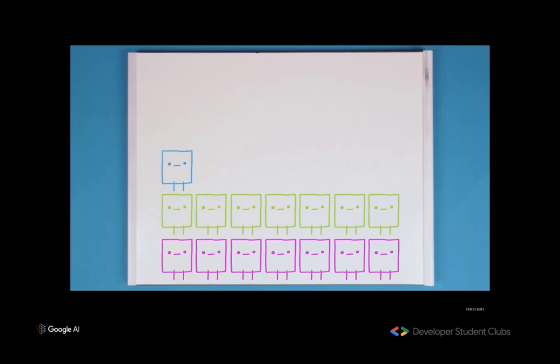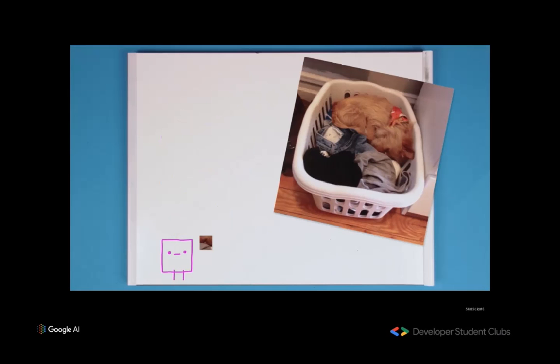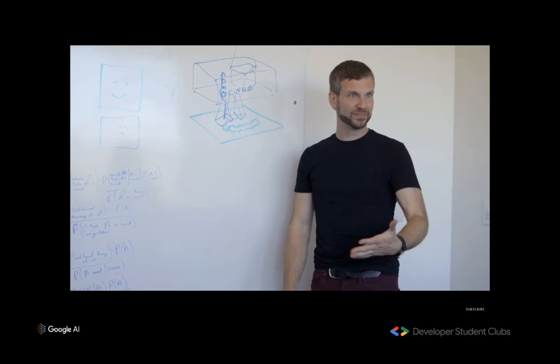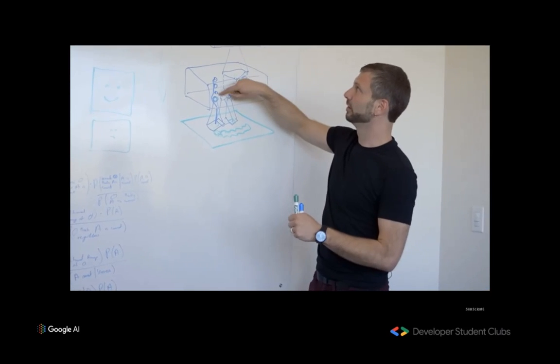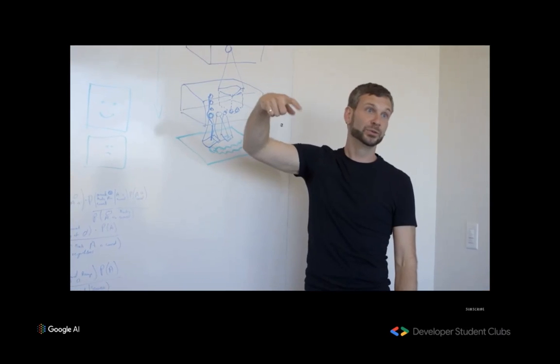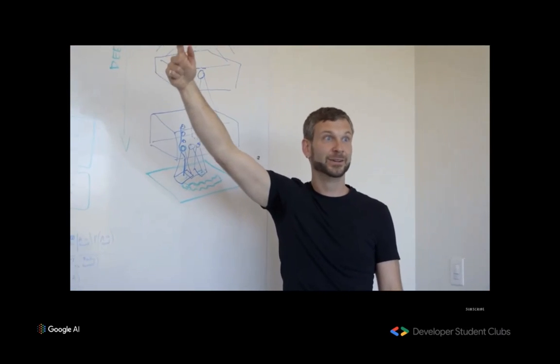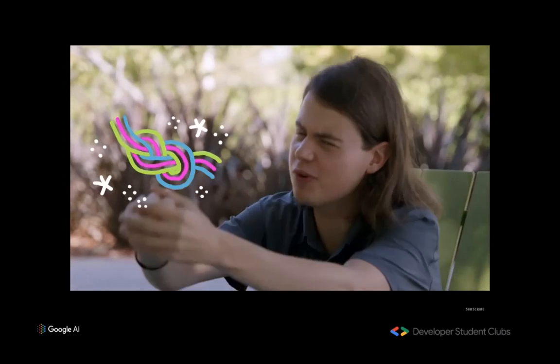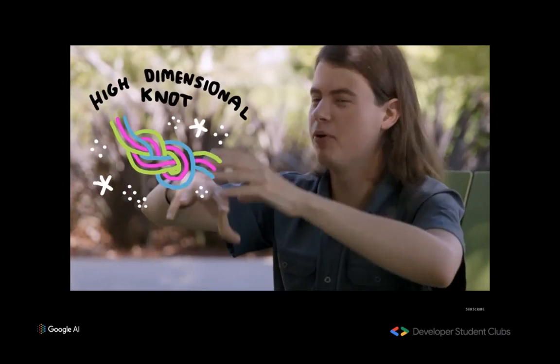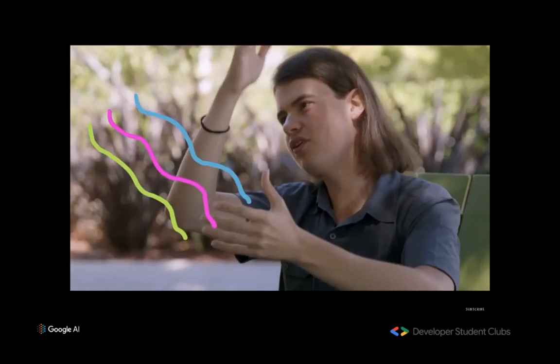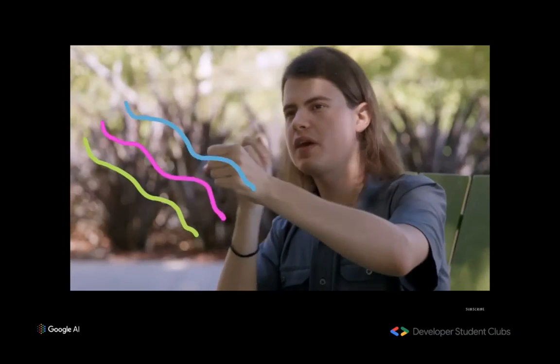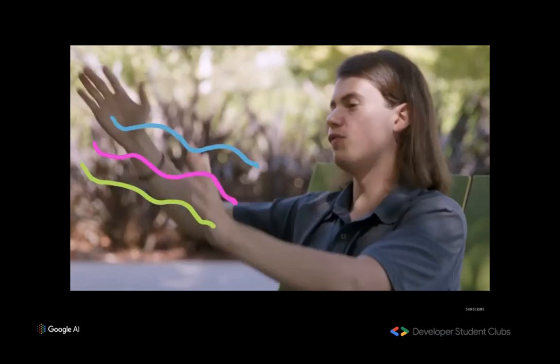A neuron in the bottom layer is just going to be looking at a tiny piece of the picture and making some computations about it. It doesn't understand anything about dogs specifically. But what the neuron does understand is, I'm giving a signal that's useful for somebody who's giving a signal, who's giving a signal. They're kind of able to unfurl this really high-dimensional knot and pull it apart and make it easier to separate different things that are close together on the surface from things that were tangled all together earlier.